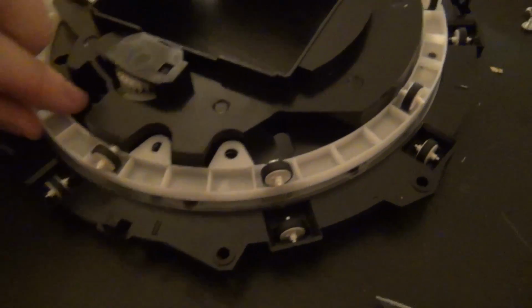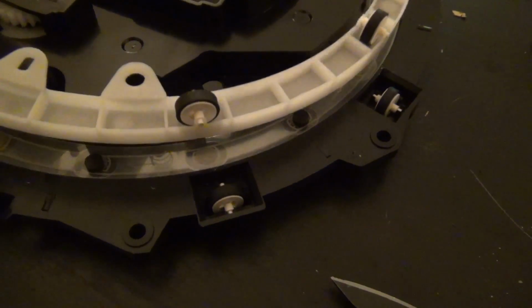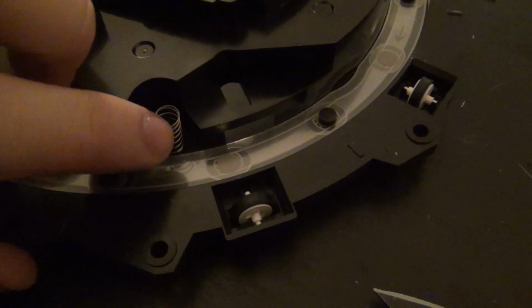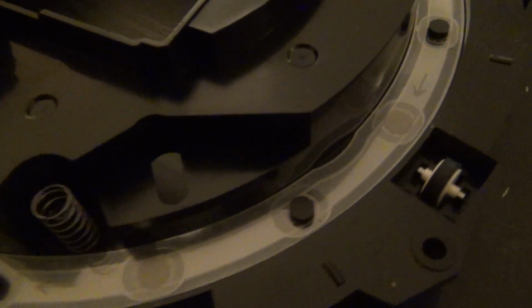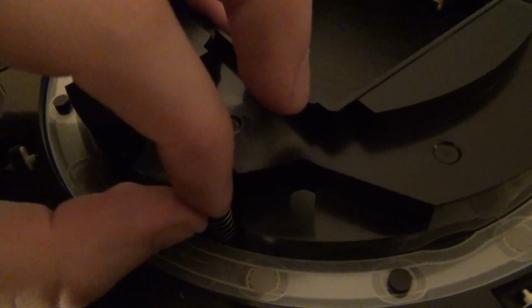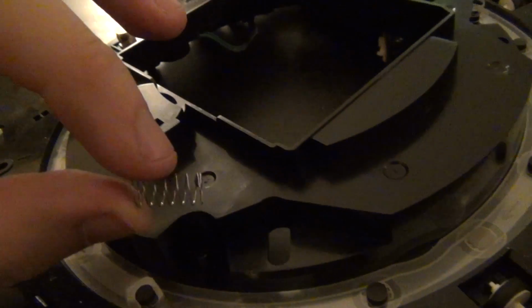But yeah, I try to break in here and modify those springs a little bit, stretch them out. And look at that, we are in. I took the little tiny screw covers off, and now we have these 3 exposed springs. I thought there would be 4 actually, but it looks like there's just 3. So we're going to take these guys out and stretch them out so they provide more force